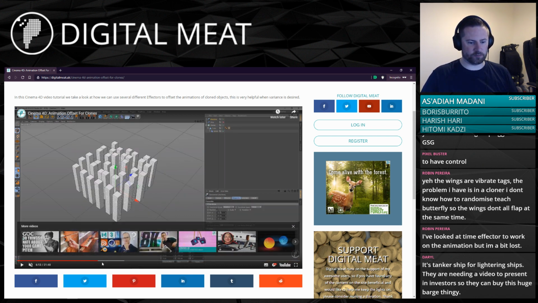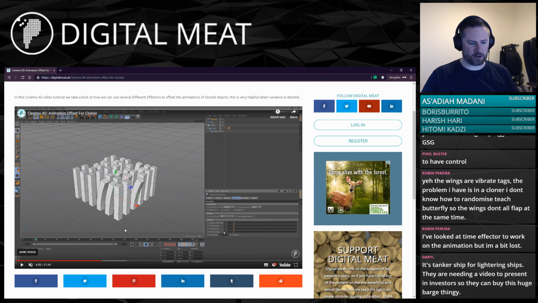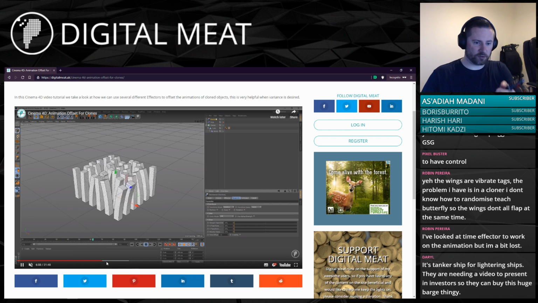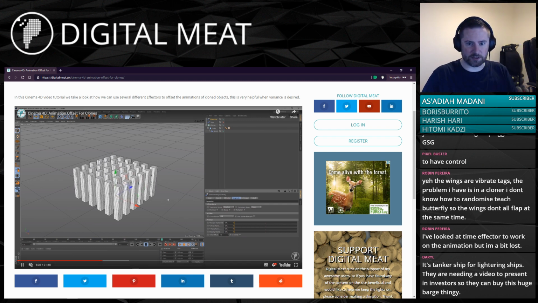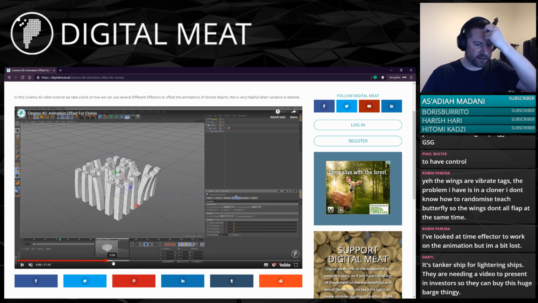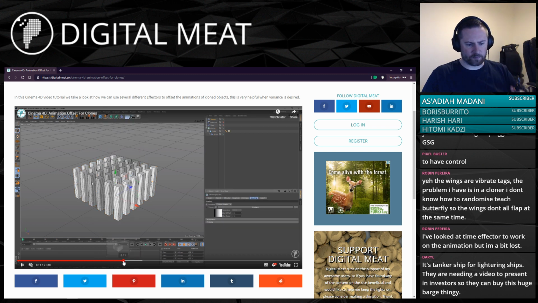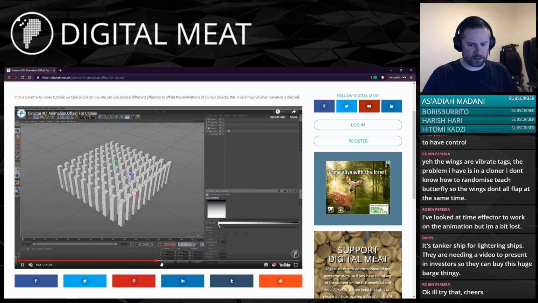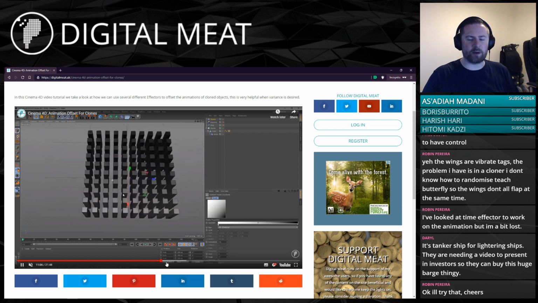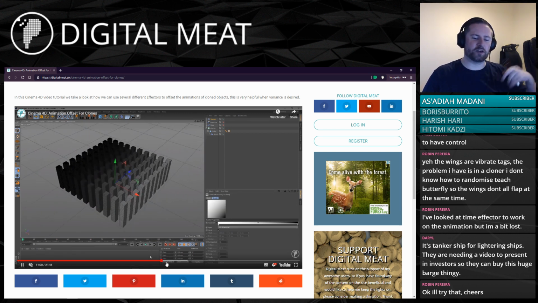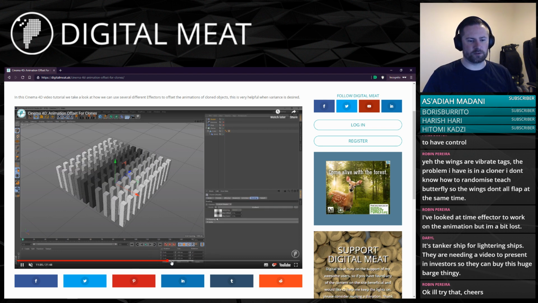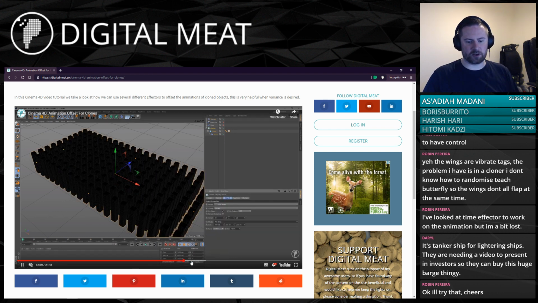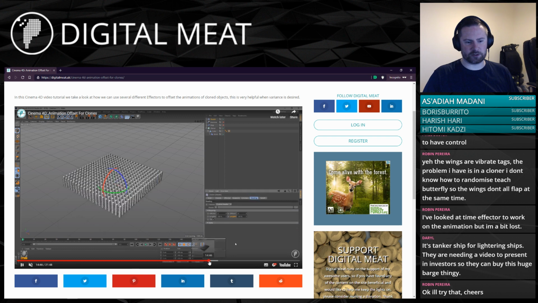So I actually lay this out in the tutorial. There you go, you've got randomized animation there by adding a random effector. And I even do it with a shader. So I show that where it's black, it does one thing, and where it's white, I can't remember, because it's a gradient, it does one first and the other one afterwards. So I think I do it as a circular thing. Let me just fast forward it.